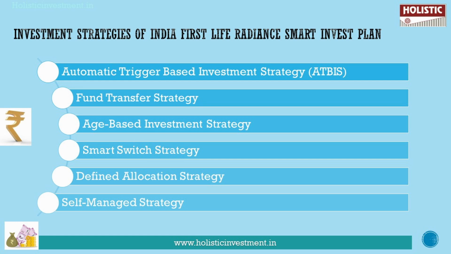Next, we have the age based investment strategy. Here your premium, after the deduction of applicable charges, will be distributed between equity fund, debt fund and value fund based on your age. They already have a predefined proportion for each of these funds based on your age. So as you grow older and move from one band to another, your funds are redistributed. This strategy is applied to balance your portfolio and adjust the risk exposure as you grow older. You can opt for this fund also if you want to invest in this way.